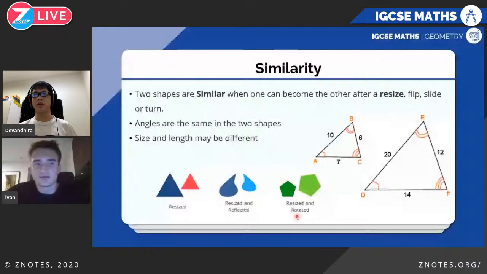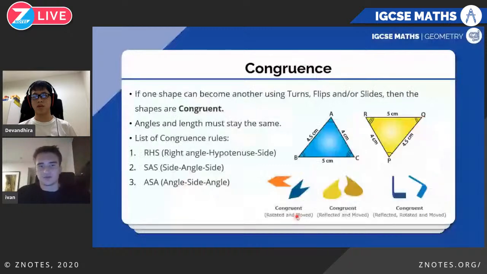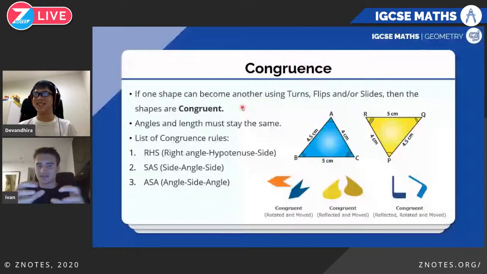Yeah, so here are some rules. As I mentioned, you can flip, turn, and rotate them, and that would be called congruency. Congruency is when they stay the same size, so the lengths stay the same. So for congruency, we need not only angles, we also need lengths to tell us whether they are actually the same. As said here, angles and lengths must be the same,